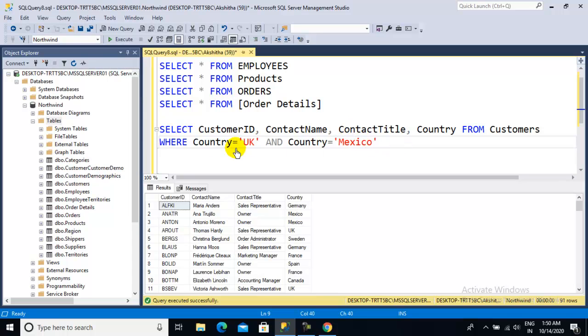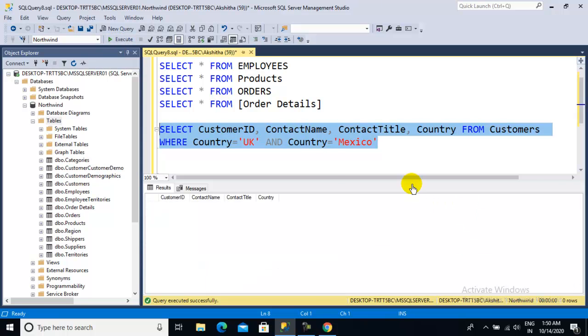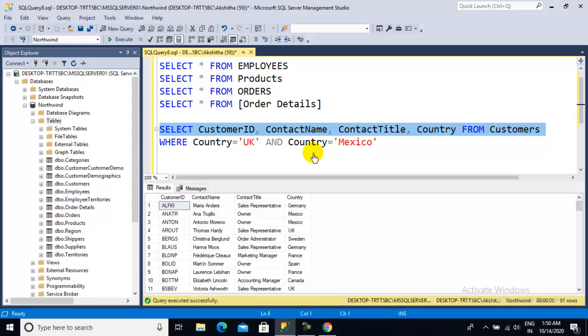So here I am trying to write and, and you can also put Mexico. Then right click here. What happened? Oh sorry, together you have to put OR, either UK or Mexico.